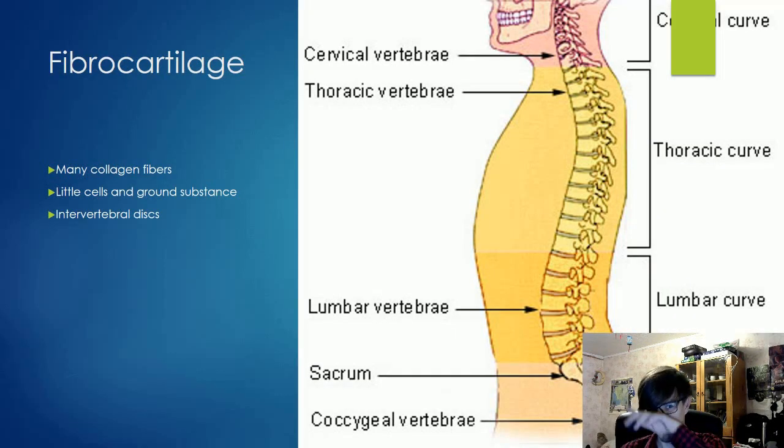Let's talk about fibrocartilage. That's the most fibrous cartilage, of course, from the name, and it contains lots of collagen fibers. So it's not so elastic, but it's very strong and resistant. And this is because it's placed in the intervertebral discs. Inter means between, like international is between countries, and vertebrae are the bones that go all the way up and down our spine. So you can see here,